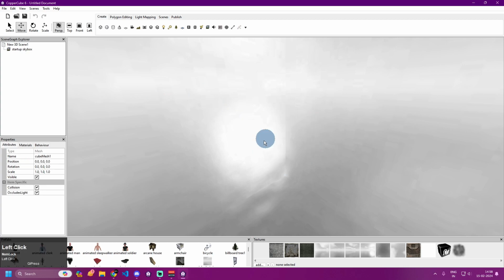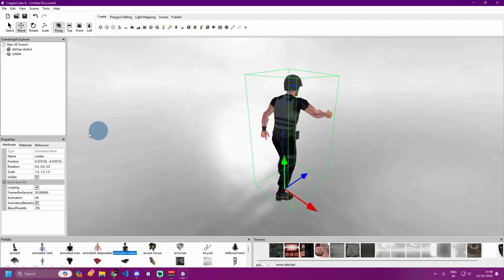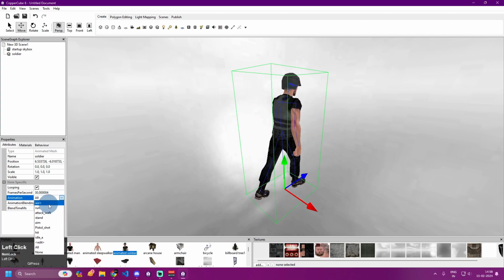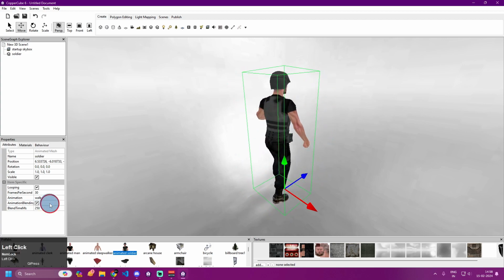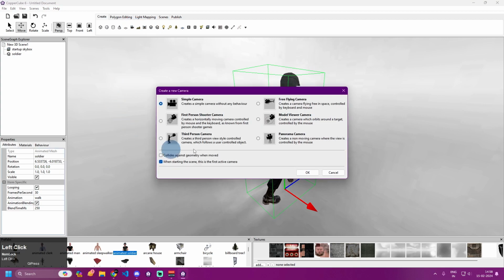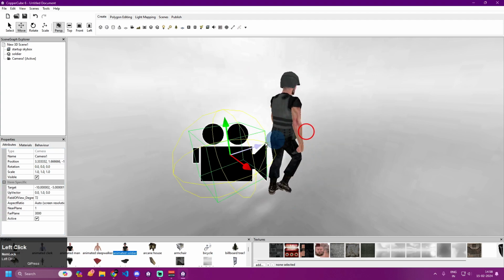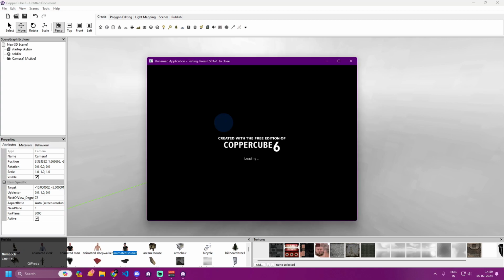So let me just delete this default cube mesh, and I'm gonna use this animated soldier. By double clicking on it, we can import it in our 3D viewport. As you can see, it will come with bunch of different animations: walk, run, attack, stand, aim, etc. Let me just select this walk animation, and for this particular video, let me just create this free flying camera with collides against geometry when moved enabled, and when starting the scene we want our camera to be the active camera. So let me just move it here and test the application by pressing Ctrl F10